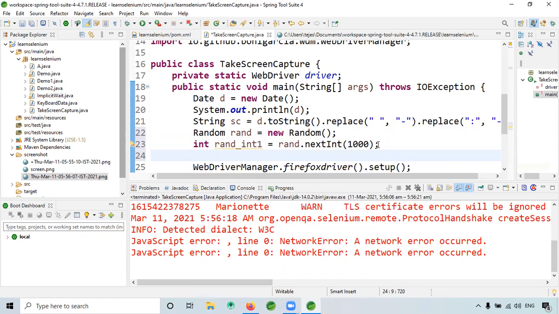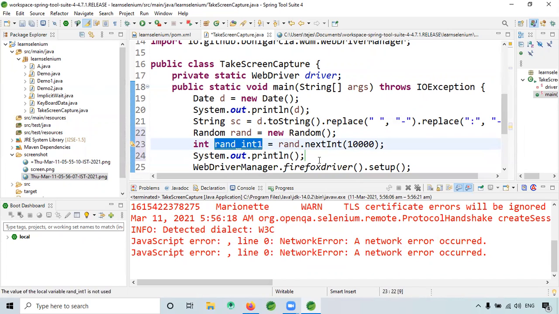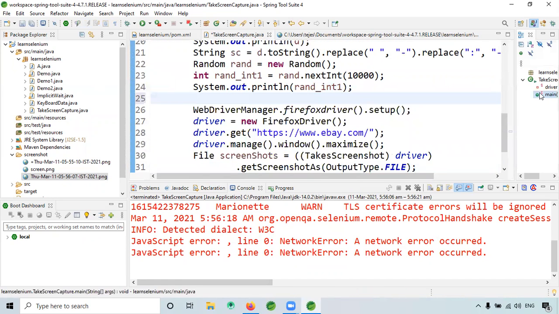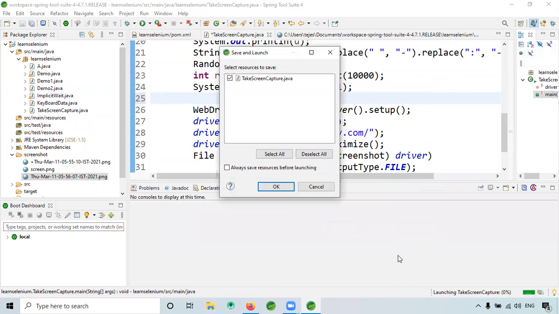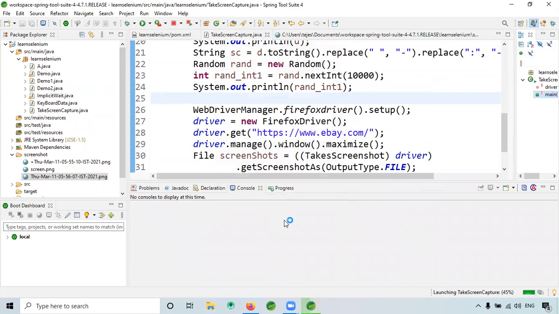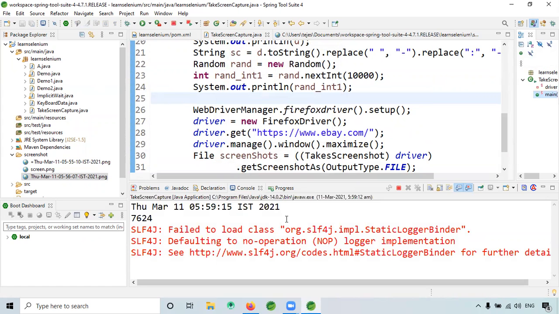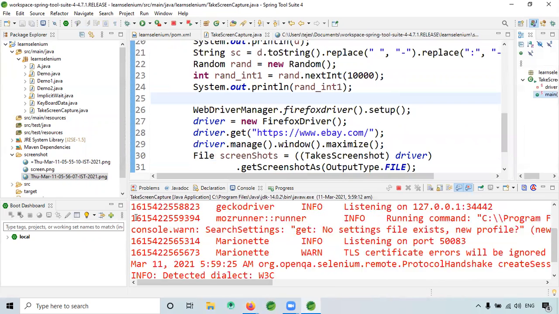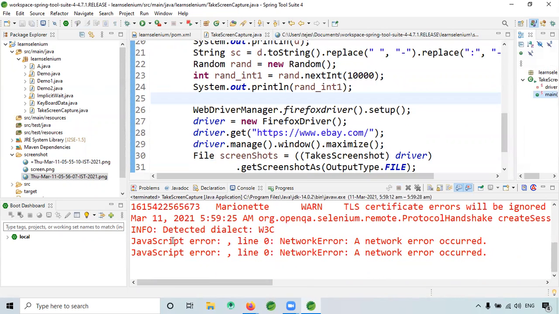Let's see what it will print. It is printing some random number. Like this, if you convert it, or else you can give it like this.